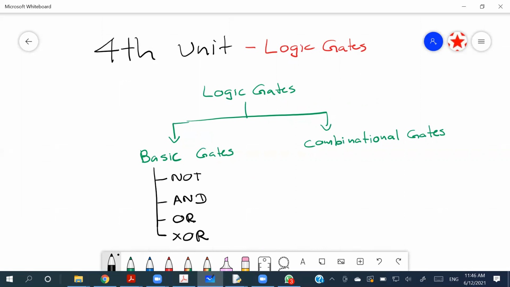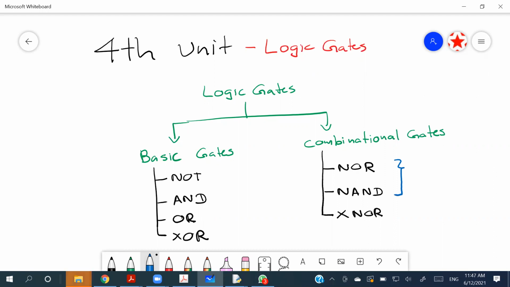And combinational gates, there are three, which we call NOR, NAND, and XNOR, right? I think you are familiar with the basic gates. We talk about these words in the number system lesson as well as bitwise operators, right? And in the combinational gates, NOR and NAND are given a special name called universal gates,